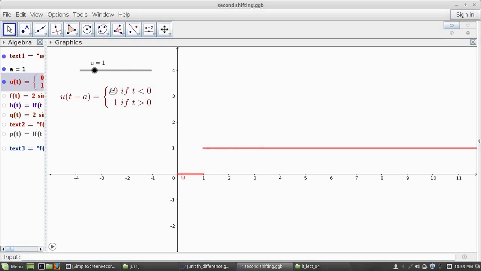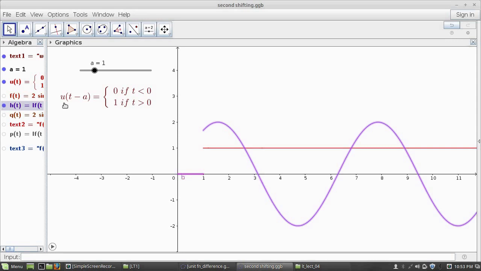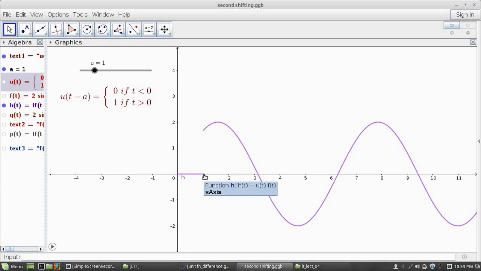Now see the multiplication effect, f(t) into u(t - 1). If you multiply f(t) with u(t - 1), the function changes like this. That means the product f(t) u(t - 1) clips the portion below or to the left of t = 1. That means that is equal to 0, and the function has output after t = 1. And if we change this, so this is the graph of f(t) u(t - a).